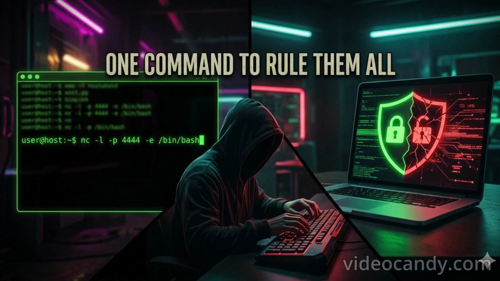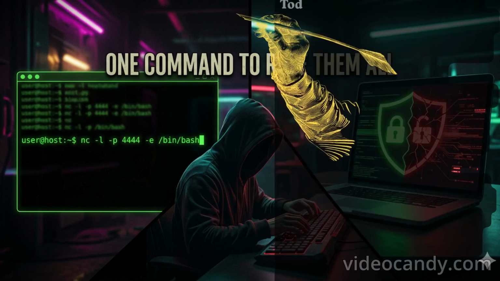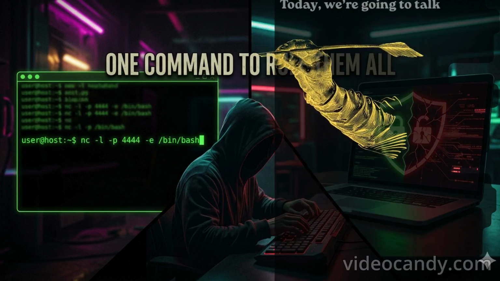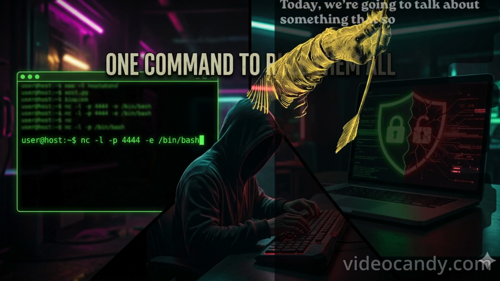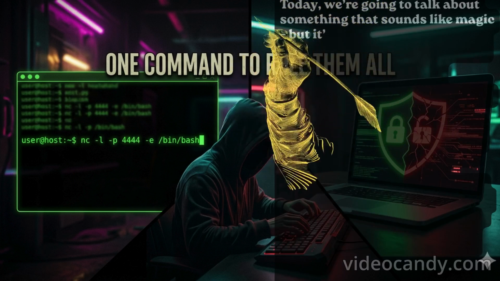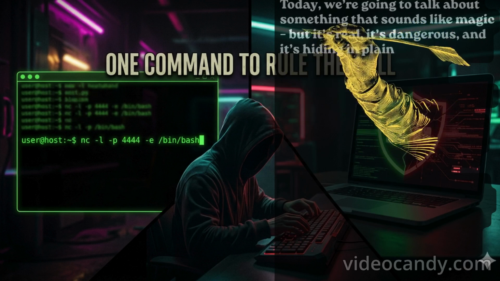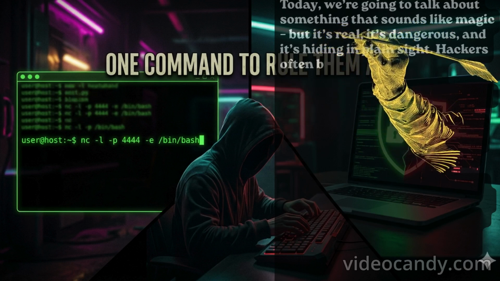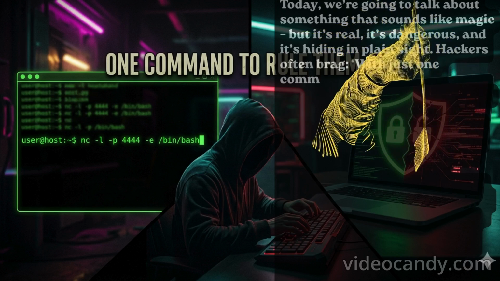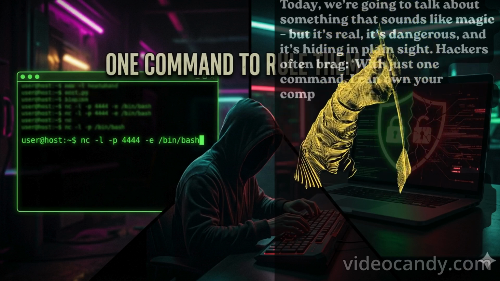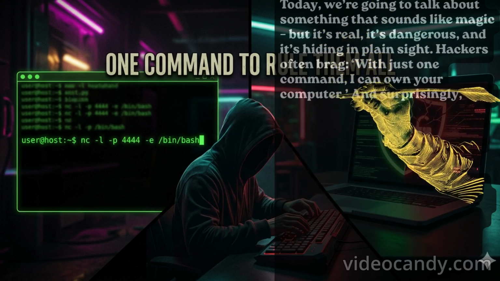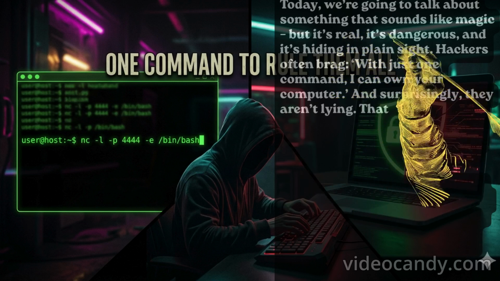We are going to talk about something that sounds like magic, but it's real, it's dangerous, and it's hiding in plain sight. Hackers often brag that with just one command they can own your computer, and surprisingly, they are not lying. The command is often "nc". What is Netcat?